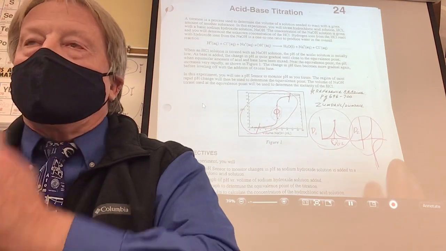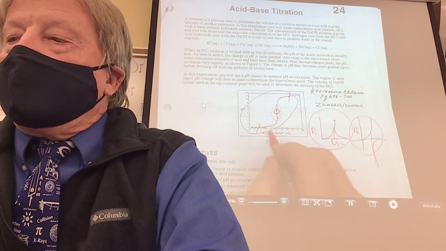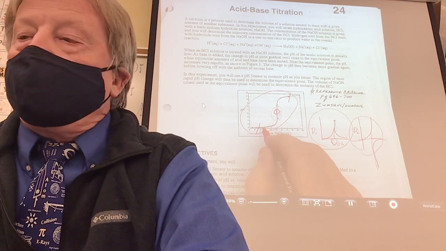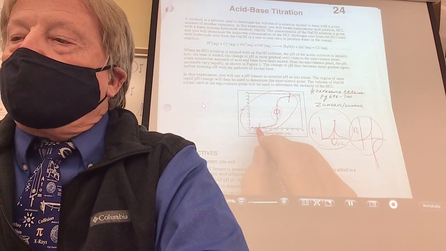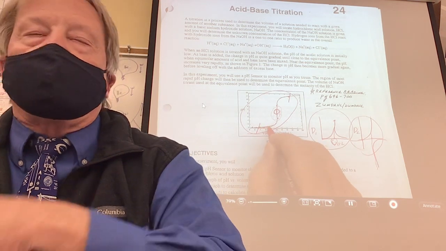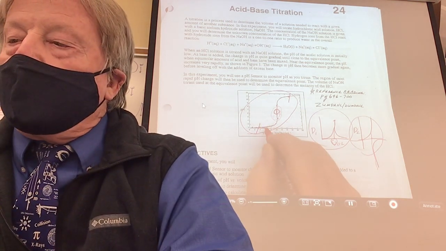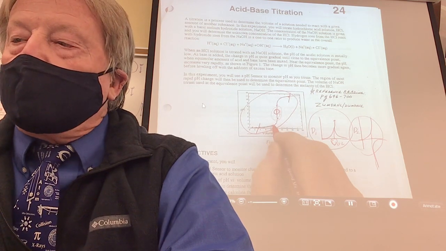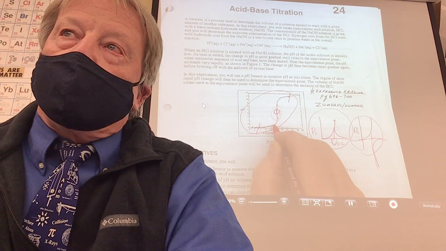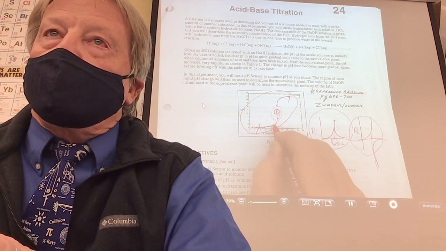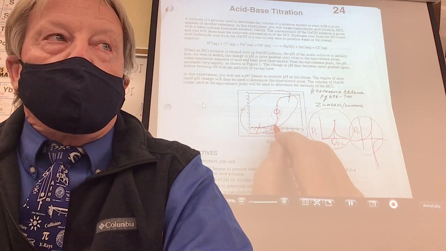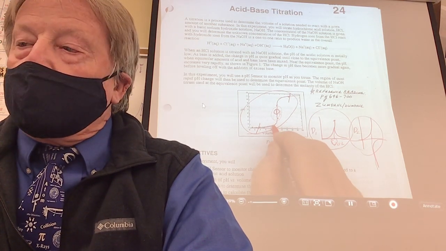Okay, so here's what I'd like to ask you to do. I would like you to be careful when you only have to do one, not 2. I want you to be a little careful because the directions will tell you to put so many milliliters until it changes so much. But if you have the phenolphthalein in there, you'll kind of get an idea when you're getting close. And since you're still using 40 milliliters, won't you sort of know when you're going to get close anyway? So when you start getting close, that's when you start slowing down. And you might take a reading.